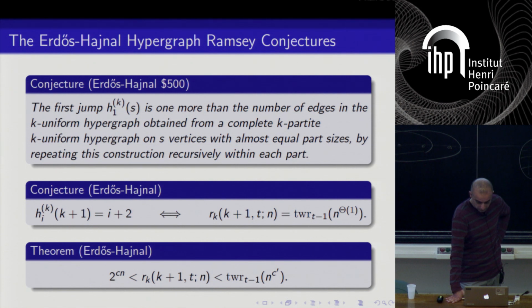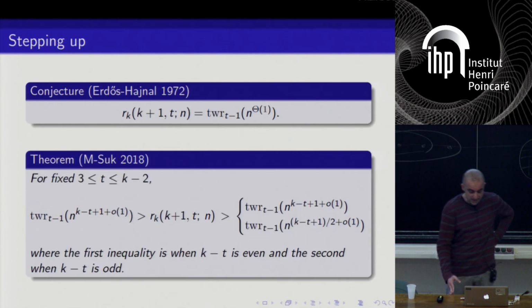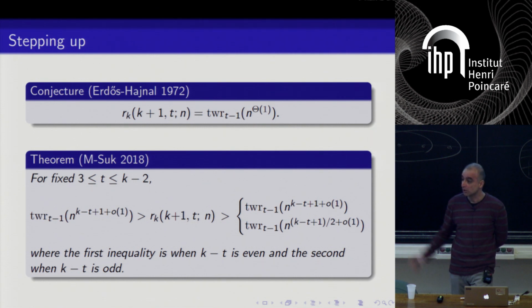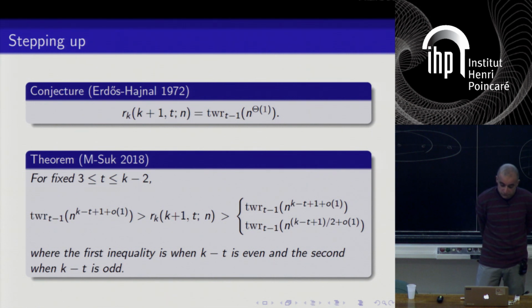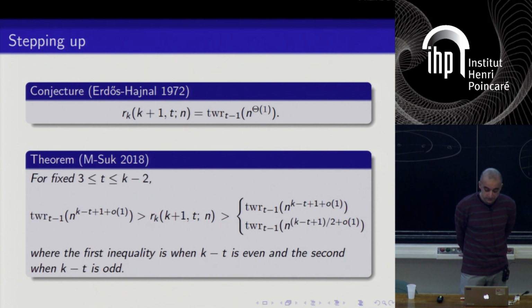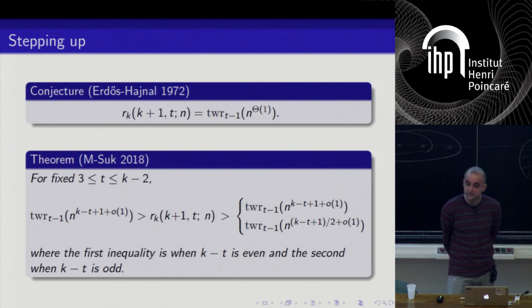And it was a gap that was waiting to be narrowed. And so we worked on this problem. And we managed to essentially in all the cases determine the tower growth rate of the Erdős-Hajnal problem for all except for 3 values of t. All except the very end, because at the very end you are talking about r_5(n), for example, and we don't know what that is. So we proved that for all t between 3 and k minus 2, the Ramsey number r_{k+1}(t, n) indeed is 2 to the 2 to the 2 to the 2 with t minus 2 2's.